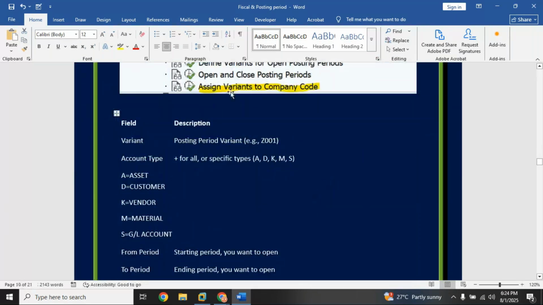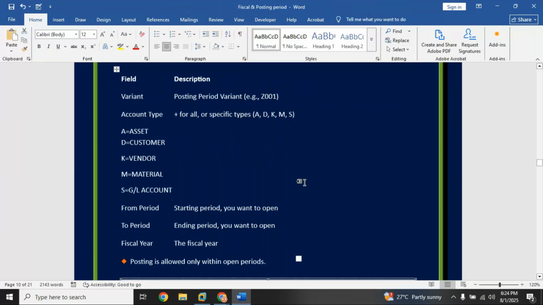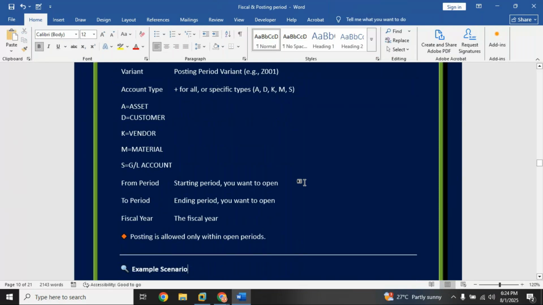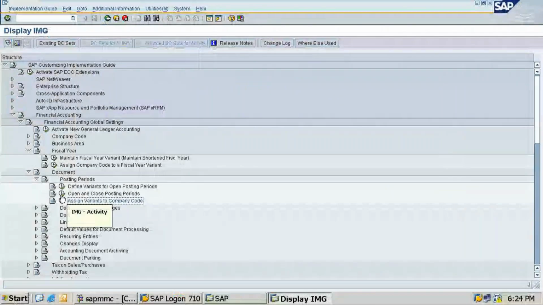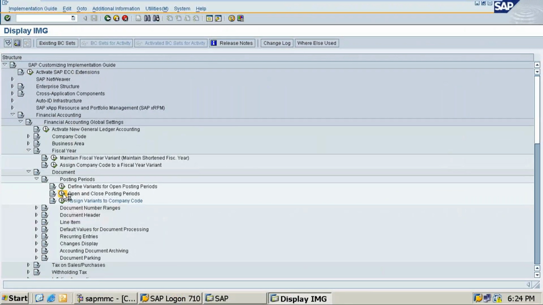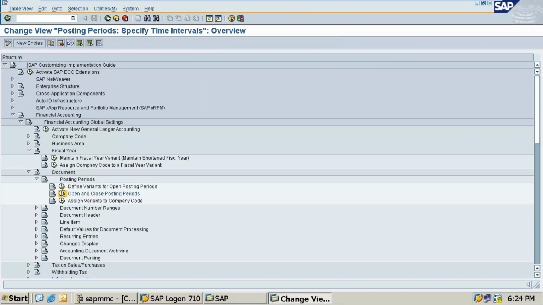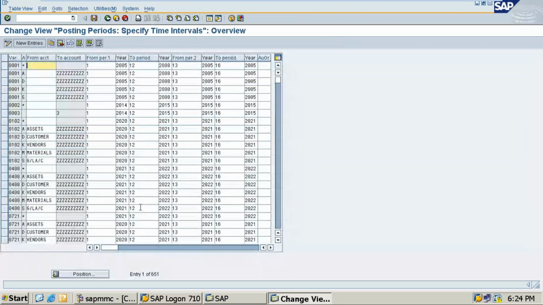So here is the open and close posting periods. This is A for assets, D for customer, K for vendors, M for material, S for GL account. So what I am going to do is create this. From period you have to give, to period you have to give, and posting period allowed. Now see this, we have to click on open and close posting periods. Okay, so you will get the screen. What you have to select here,